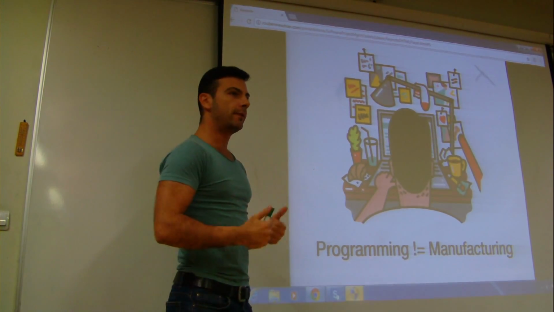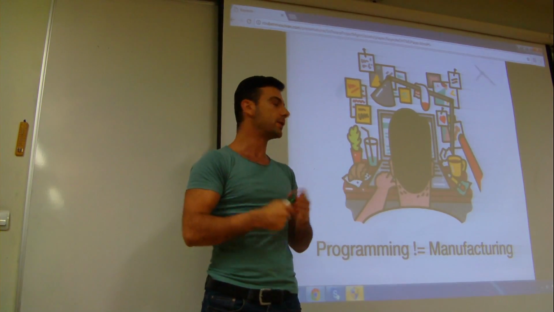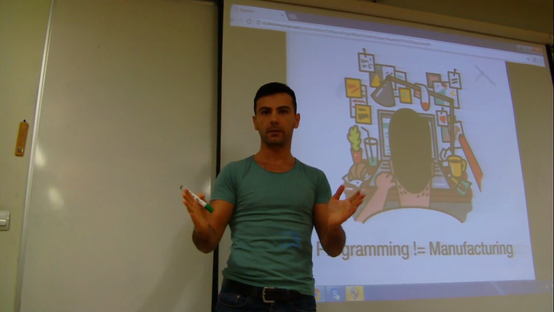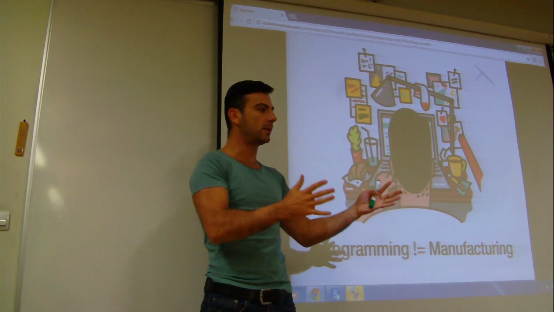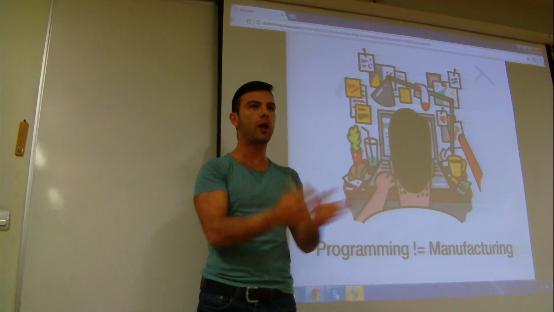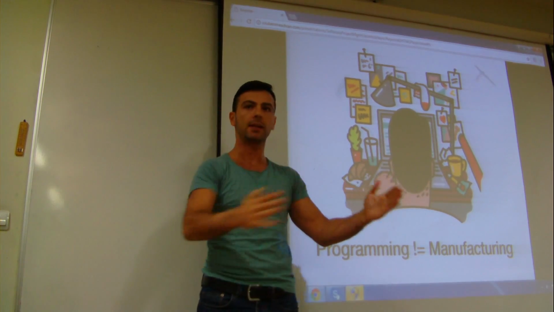Why is programming so difficult? Why is software engineering in general so different from everything else? Well, it's not like manufacturing. When you're building a car, you understand there's an assembly line, this part puts this screw in, this part does this, and you have a process. And this process is measurable, and you can get statistics and analytics about it.